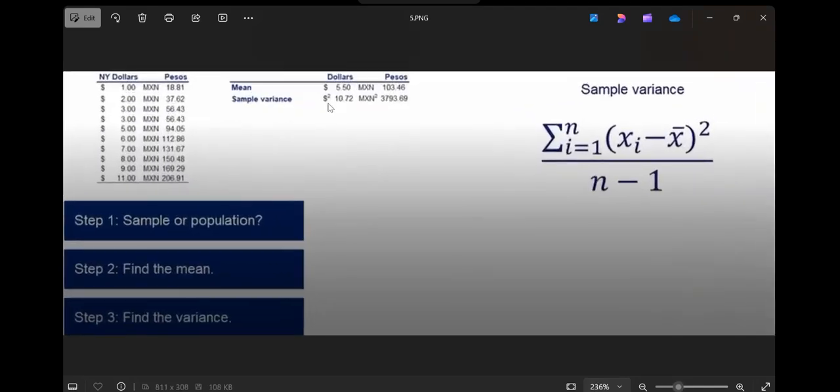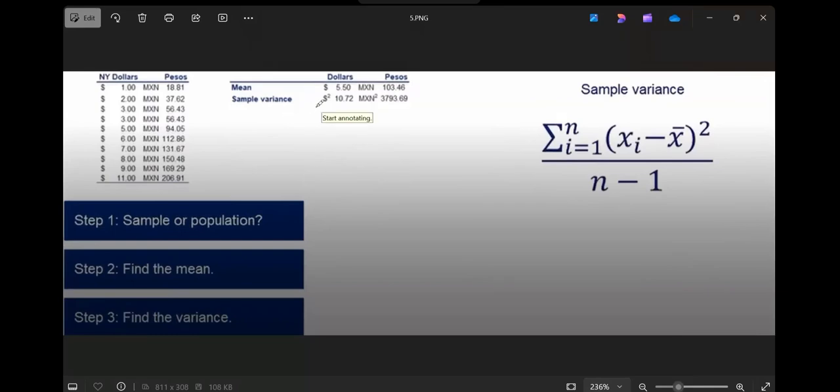Check this. What is sample variance? S square. Are you clear, S square? Okay, S square is 10.72. Up to this, is the 7:30 p.m. batch clear? Next. What is standard deviation? Sample standard deviation or population standard deviation? Of course, because it is sample variance, it is sample standard deviation.